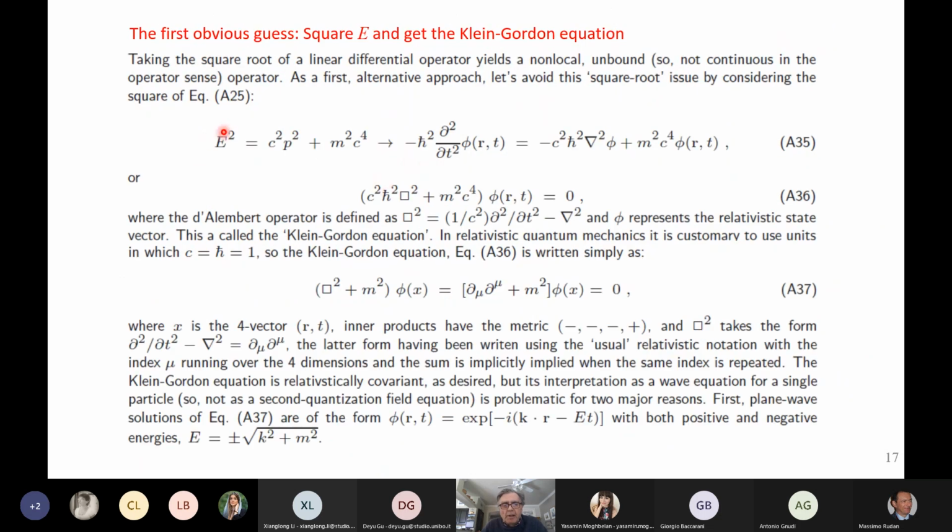First of all, since I've taken the square, you expect positive and negative energy solutions. This is something that we will see also for the Dirac equation. You have states which propagate in time. They are plane waves in the absence of a potential, but states can have both positive and negative energy. And one can say, okay, let's attribute the positive energy solution to a particle and the negative energy solution to its antiparticle, which is what Dirac did for